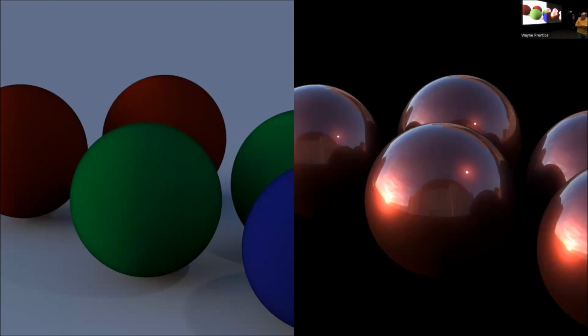So on the left, what you see is the diffuse rendering of those spheres and only the diffuse component of it. You're not seeing any reflection of the observatory, you're not seeing any light or anything.